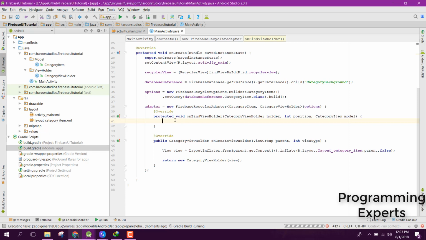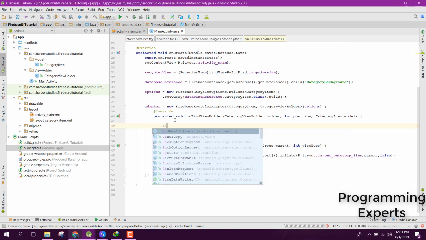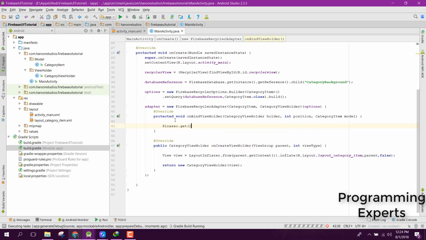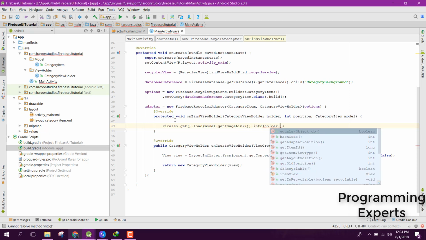So inside our on bind view holder, so first of all we can say Picasso dot get dot load, and what we will be loading is model dot get image link dot into, and we will be using holder dot